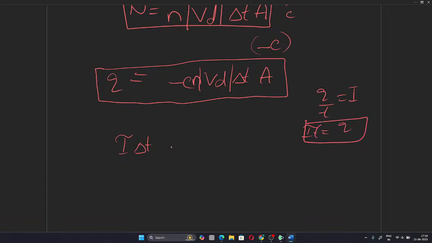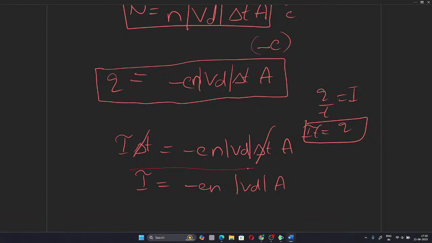So I delta t equals minus e n Vd delta t times A. Delta t cancels, and I equals minus e n Vd times A. This is the current formula,